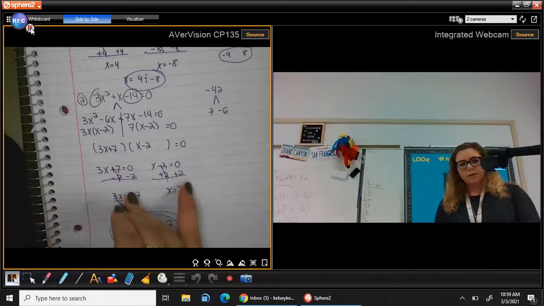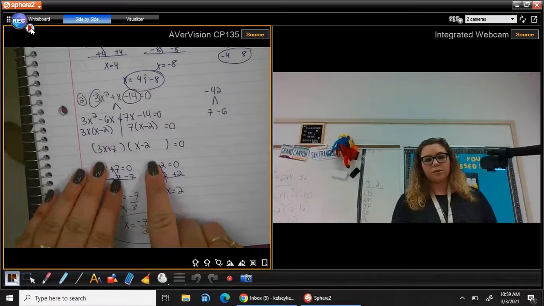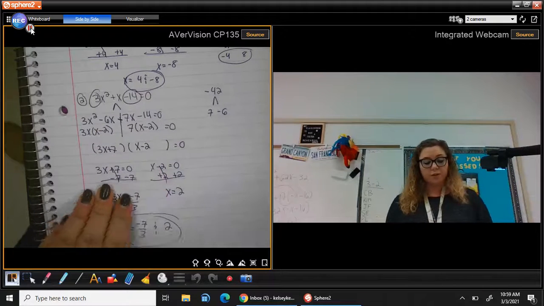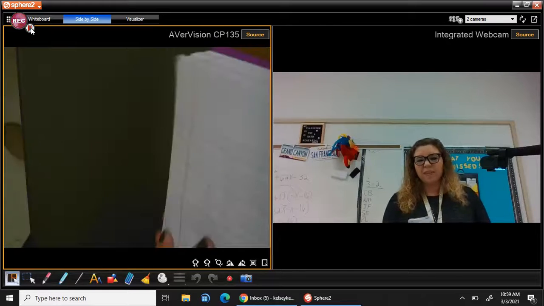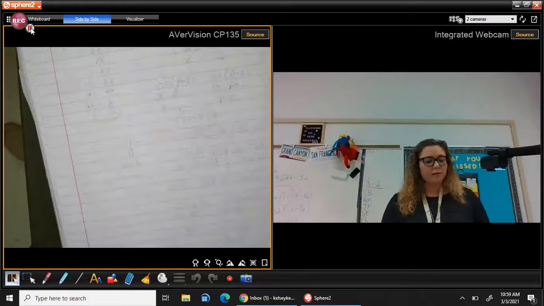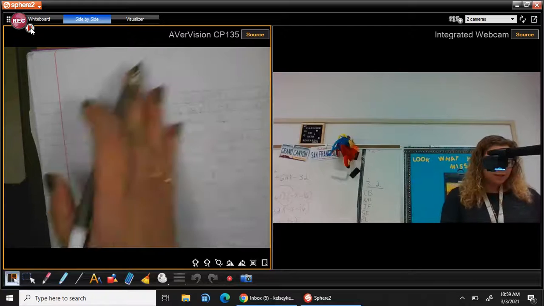Okay. So again, the only extra step that is new to you is just setting each one equal to 0 and then solving the basic equation. Okay, so they're not going to be too hard of equations. They're always going to be that simple and easy. The hardest part is just factoring. However, if I have a problem like this,